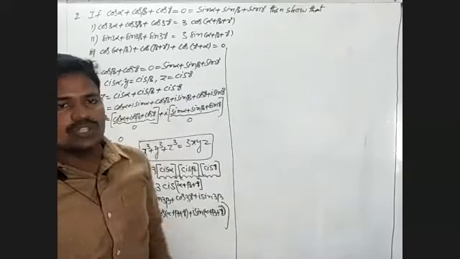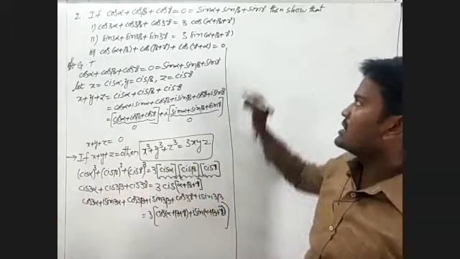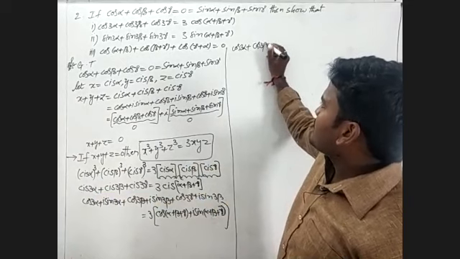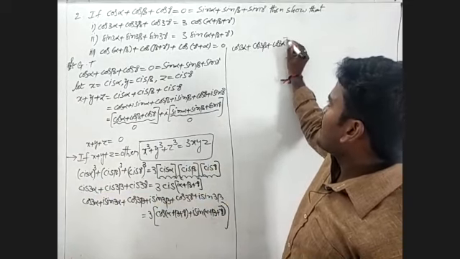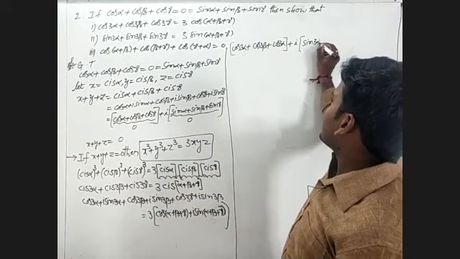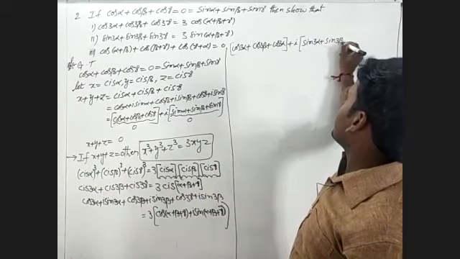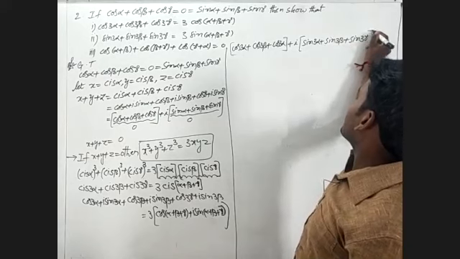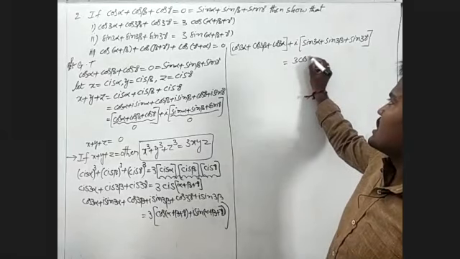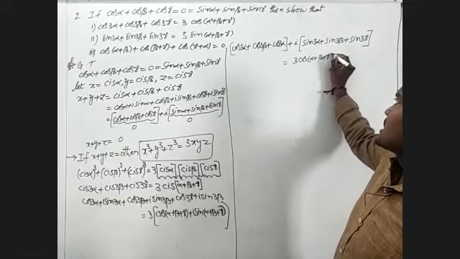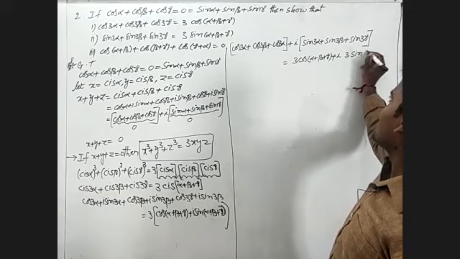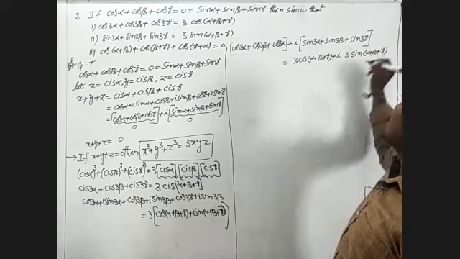Given one can be divided into their real and imaginary parts, that I will write cos 3 alpha plus cos 3 beta plus cos 3 gamma, where i is common, remaining we have to write sin 3 alpha plus sin 3 beta plus sin 3 gamma is equal to 3 into cos of alpha plus beta plus gamma plus i into, remaining we have to write 3 into sin of alpha plus beta plus gamma.